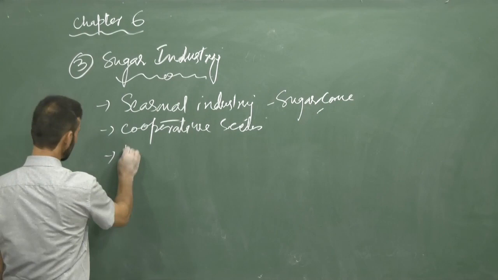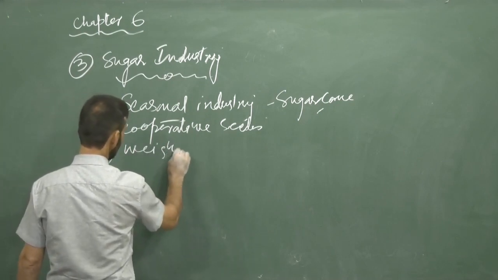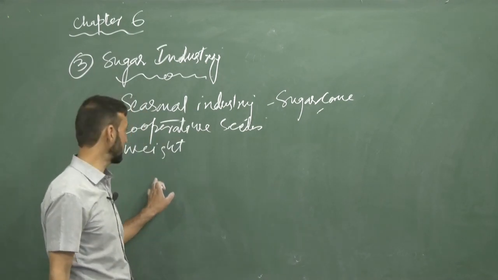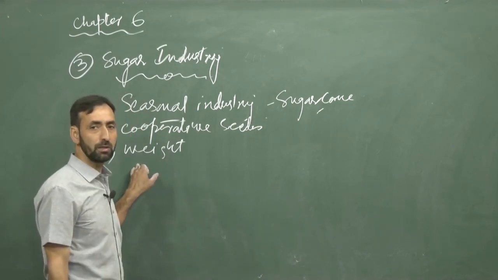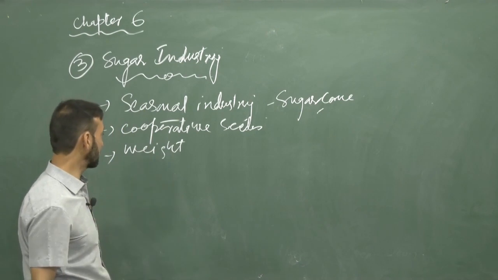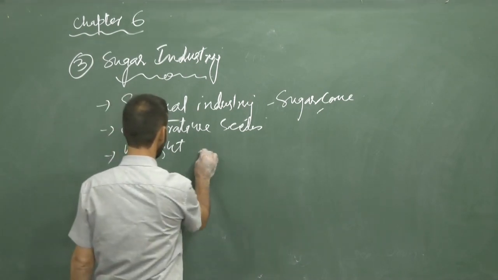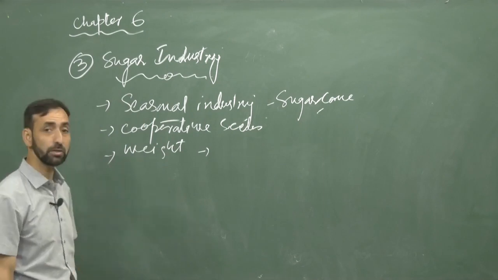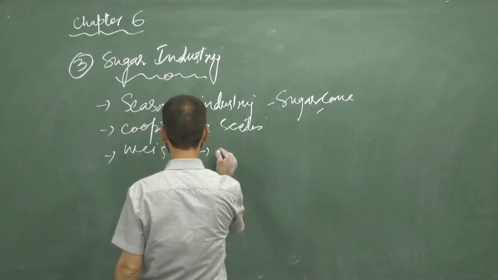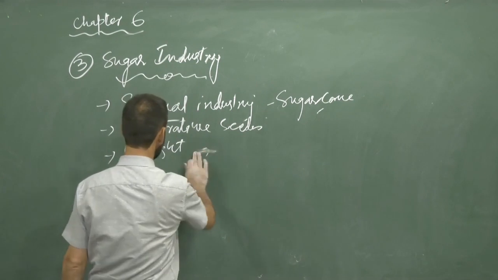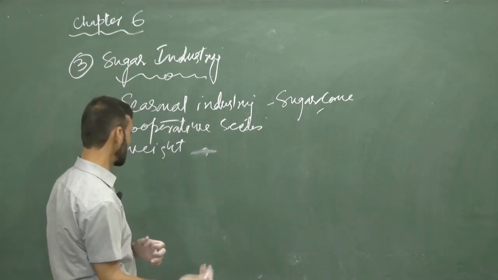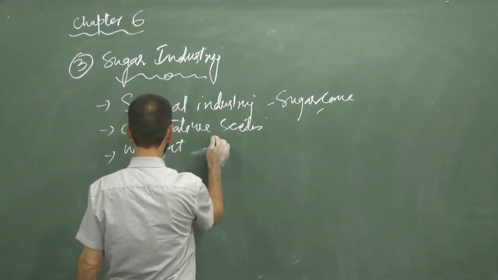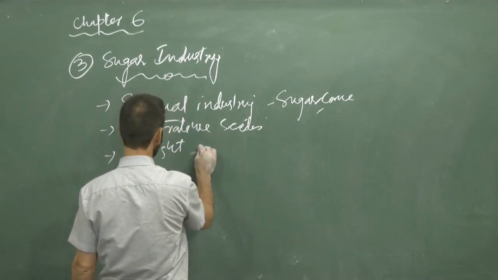It is weight losing industry. If we will weigh 1 ton of sugar in industry, when it would be sent to the market, it will not be 1 ton, because bags through which sugar is loose, and due to high temperature it is melted. That is why market should be very near, through which it will be protected. In this way, weight losing industry.